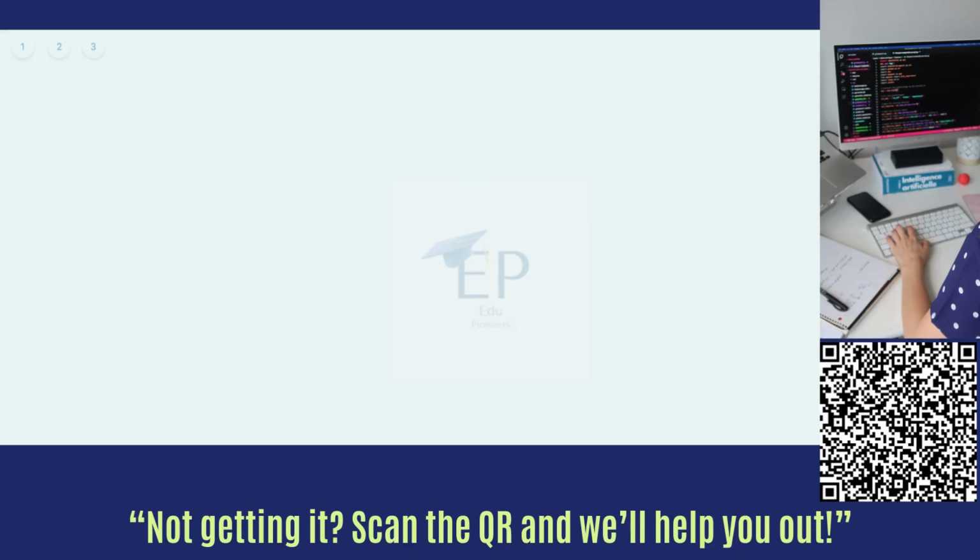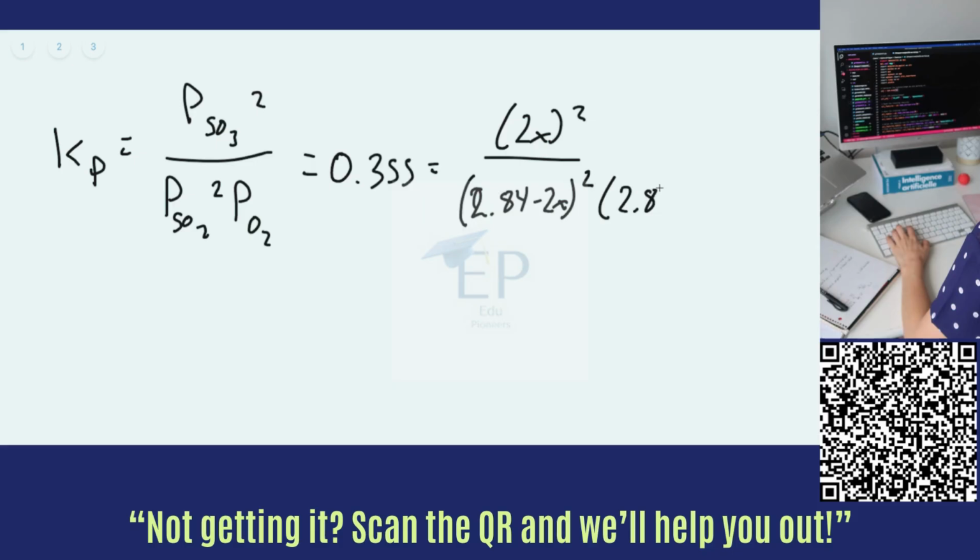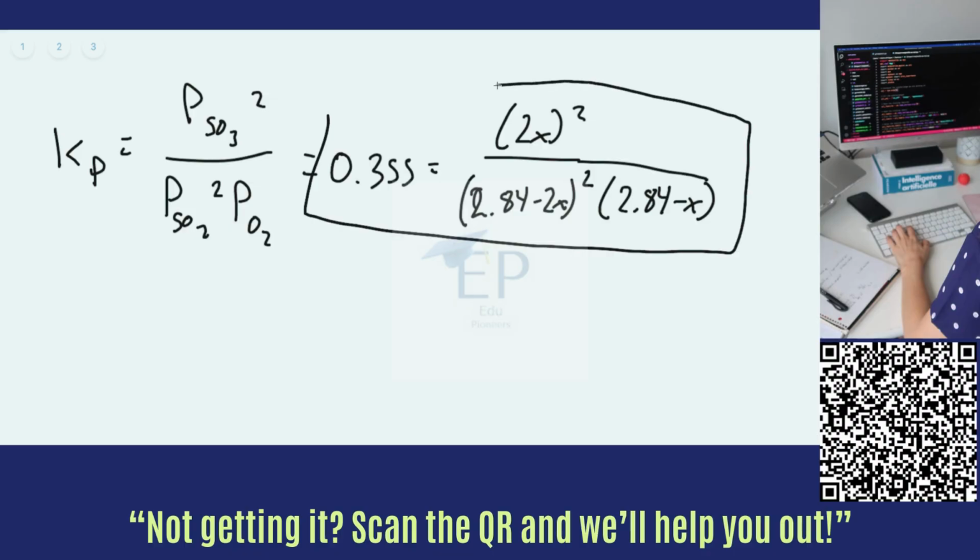And so now we can plug that into our Kp equation. So we have Kp, which is equal to the P of SO3 squared over the P of SO2 squared times the P of O2. And that equals 0.355. And then our P of SO3 is 2x. Our P of SO2 is 2.84 minus 2x, and we have to square that. And our P of O2 is 2.84 minus x. And so now we want to solve this equation for x. And when we do that, we get an x of